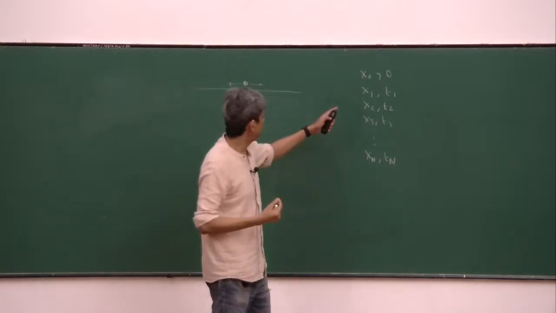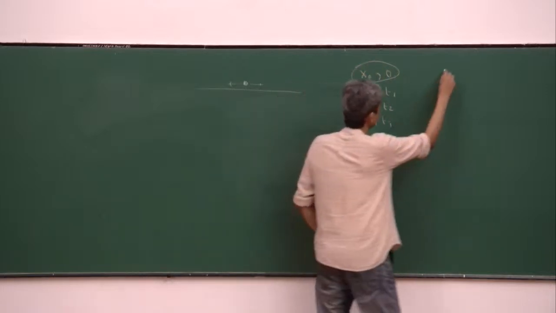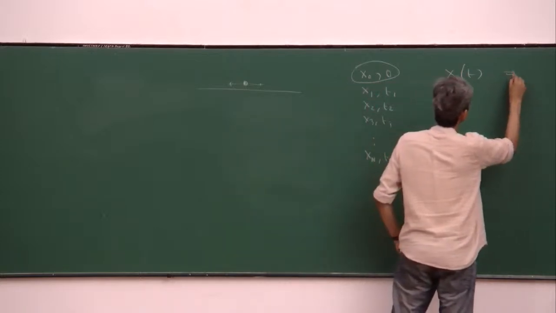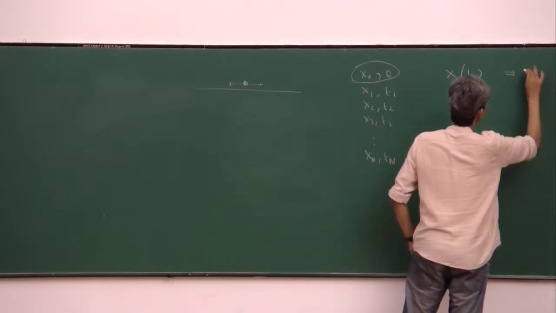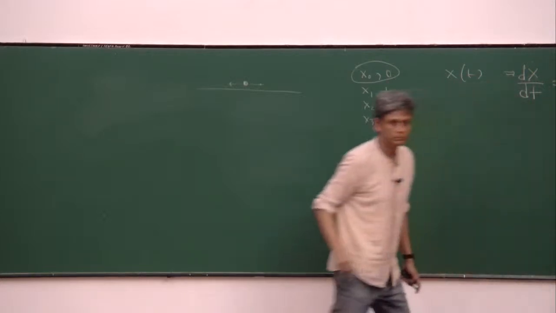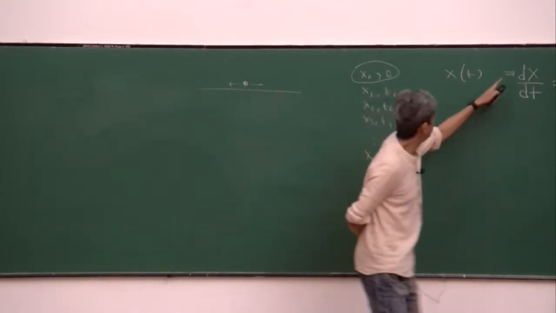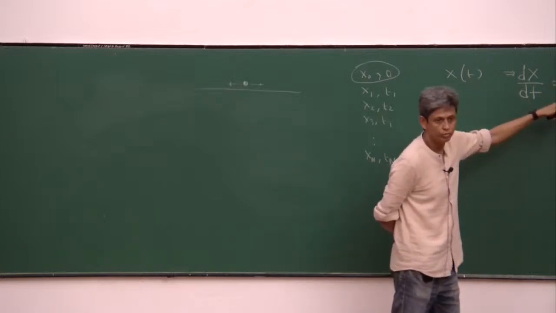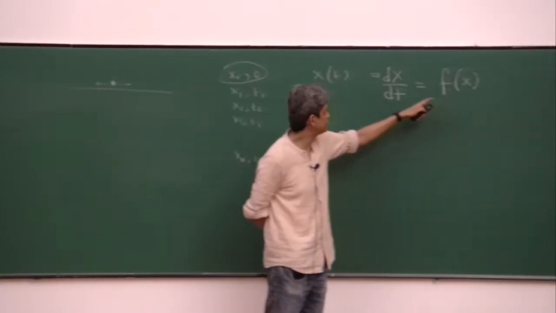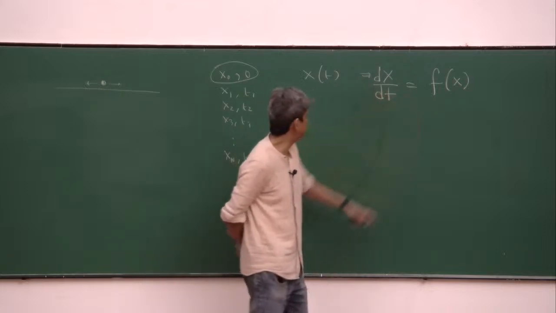So if this was a deterministic dynamical system, given this was known, you can find x at any time t because this follows an equation. But this equation you don't know. The evolution of this system is probabilistic, is stochastic. So you cannot write down such an equation. So in that case, what will you do? What you can ask is,